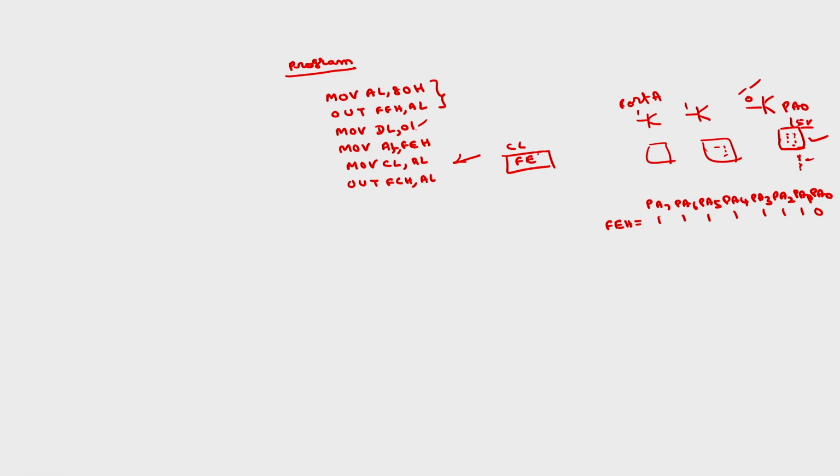Okay. With this instruction, only this particular common pin of this display will be 5 volts, and all the remaining displays will be disabled. Then you have to send a 1 on this one. You have to send 1 to this BCD to 7 segment decoder, which is connected to port B, right. So you take MOV AL comma DL, OUT port B is FDH comma AL. So that 1 will be applied to this BCD to 7 segment decoder.